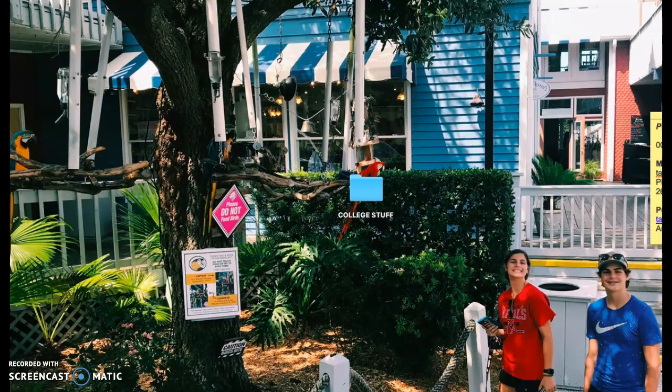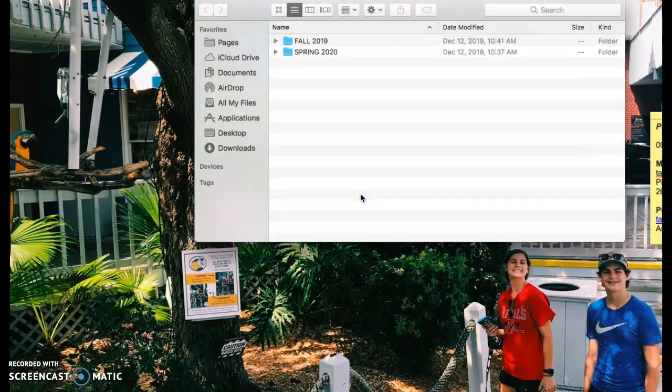For Badge 1 Challenge 5, we were asked to create an iCloud file for the class EDCI 270, as well as organize it for the different assignments that we will be given. So I have this fun folder right here full of college stuff, and if you click on it, you can